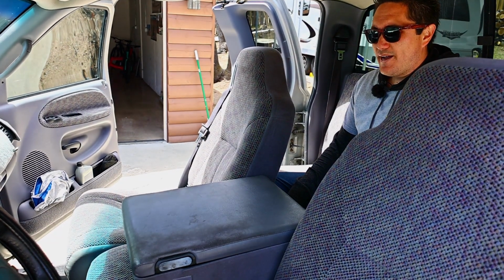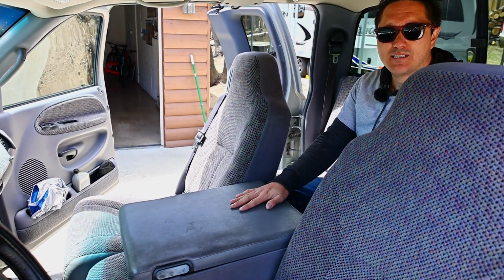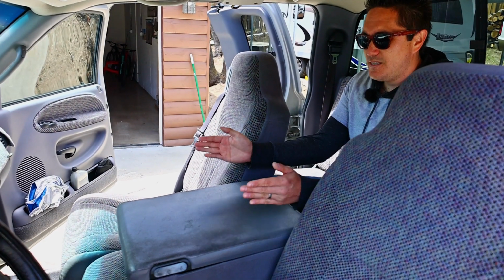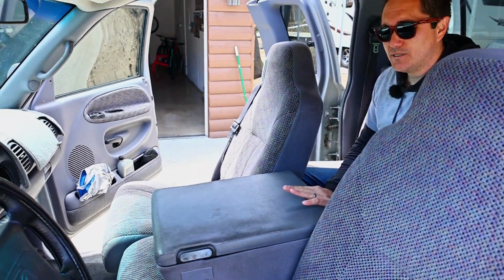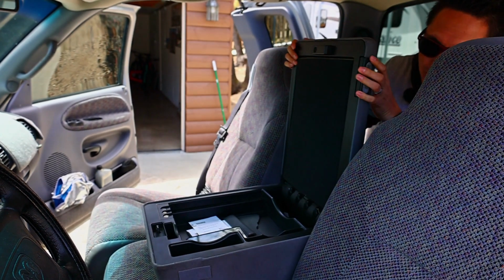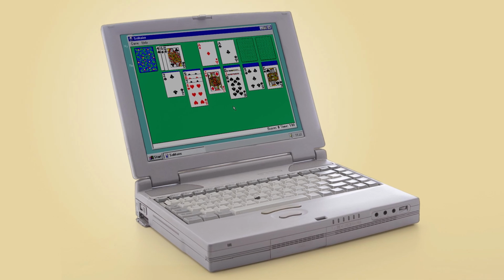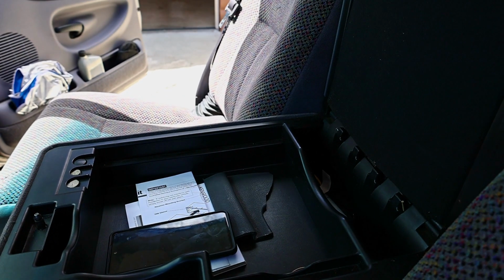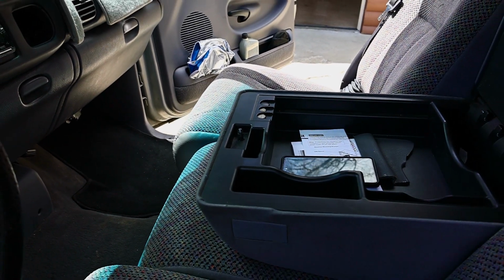So the console on the Ram was something that they made a big deal about in the early advertisements, and this is very similar to the '94 version. You can see that it's quite wide, quite long, and quite flat. The idea was that this was really a workstation for people that had a business to manage. For a lot of guys, these trucks are their office. So what they had in here was the ability to carry a laptop at the time, a car phone, organize change, carry pens, all that kind of stuff. And it sounds silly today, but this was a big deal in 1994 and forced the competition to think of